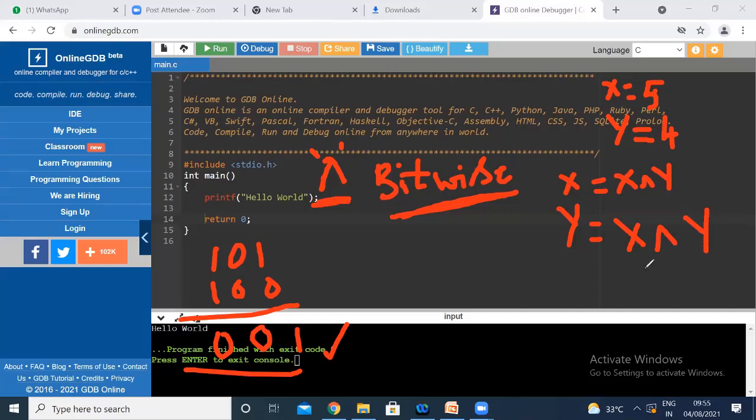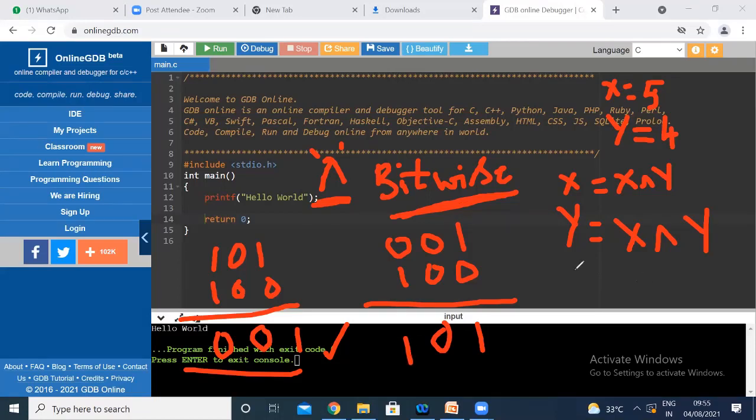What is the value of x you got? 001, which means the digit 1. And y is 4, which means 100. What is 1 XOR 0? 1. 0 XOR 0 is 0. 0 XOR 1 is 1.